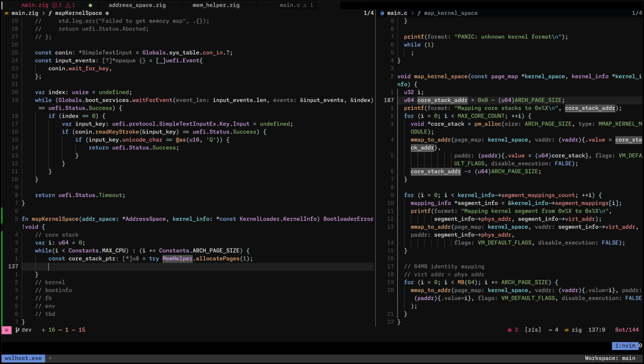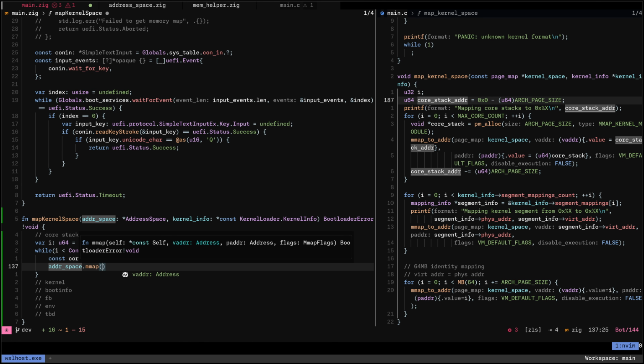And then we do address space dot mmap, and to this we need to pass so